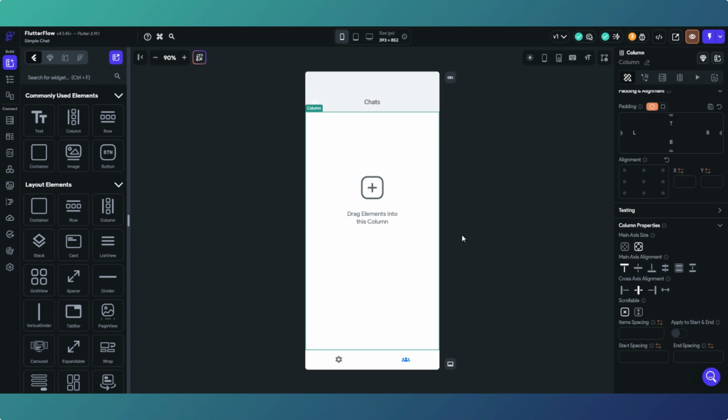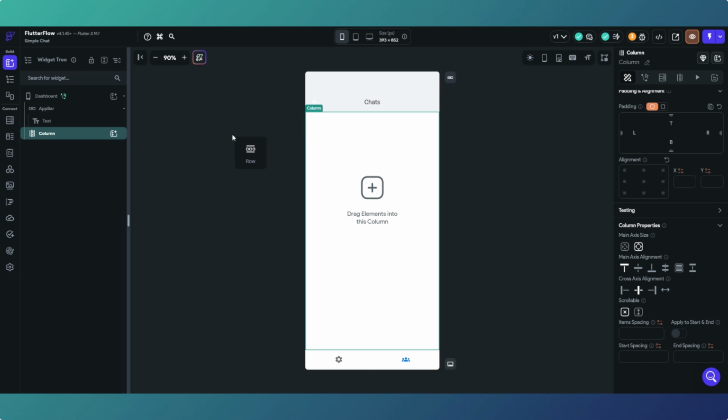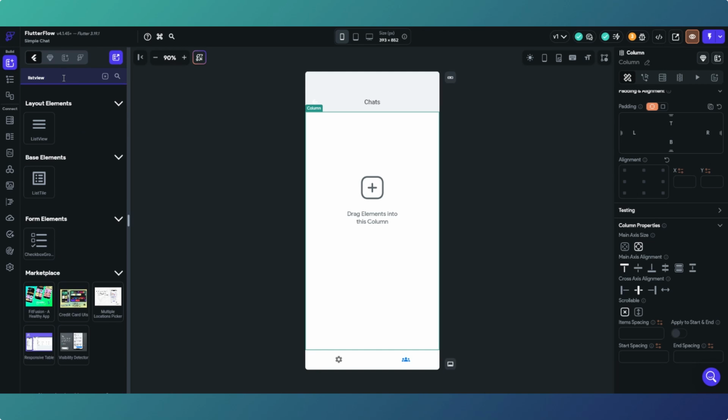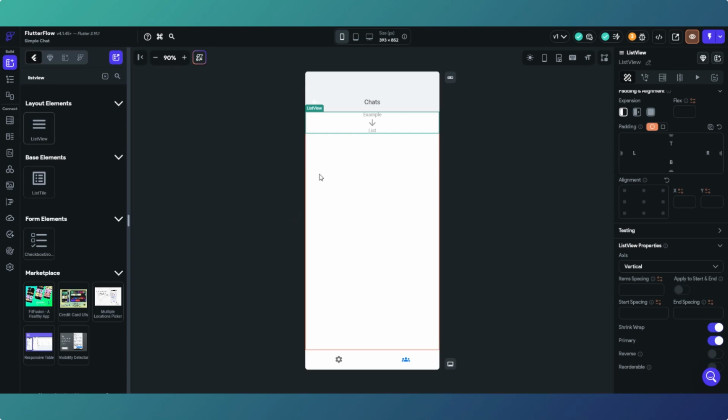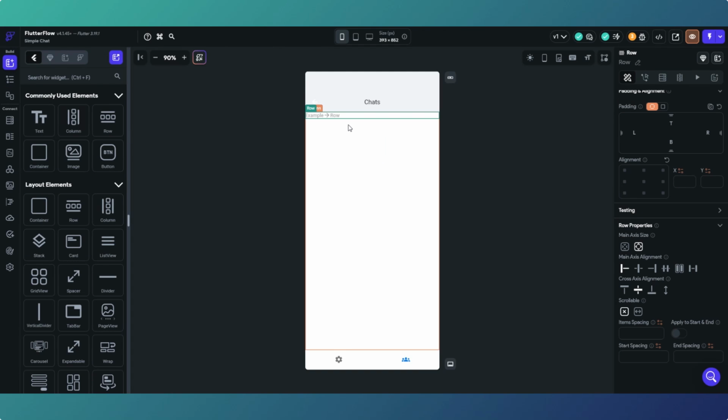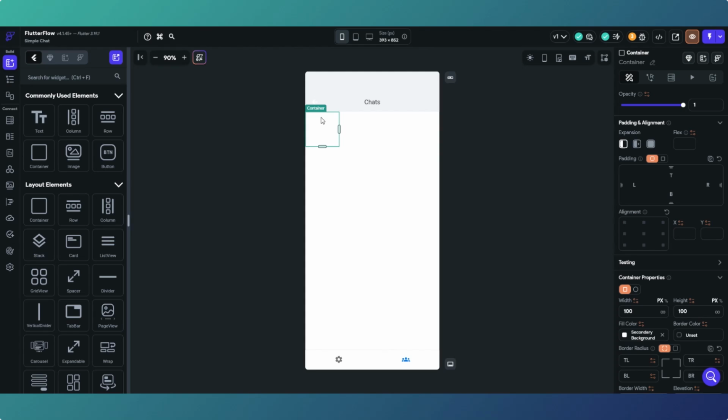So we've got our page set now. We've just got nothing on there apart from this column and the app bar and the nav bar. So if we put a row, no, we're on list view first. We put a list view on the column, because that's where we're going to show our chats. I should stop clicking the wrong button there. So we put a row in there and then a container in the row. We want that to be about 60%,